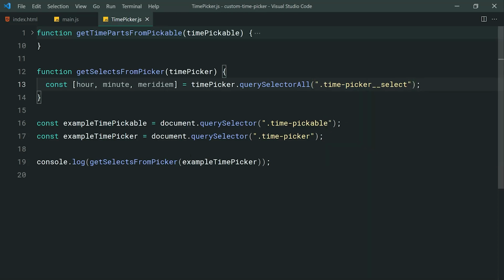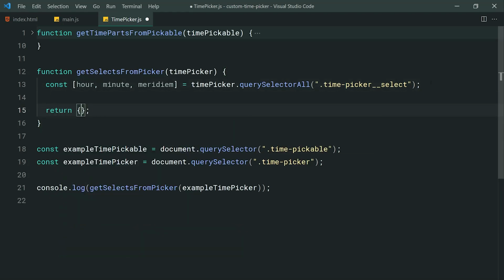I'm sure many of you are familiar with the querySelectorAll method. Basically, it's going to give you an array-like structure containing every single select dropdown inside the provided time picker. So of course here we're going to get index 0, the hour dropdown, the minute dropdown, then the meridian dropdown. So if I was to return